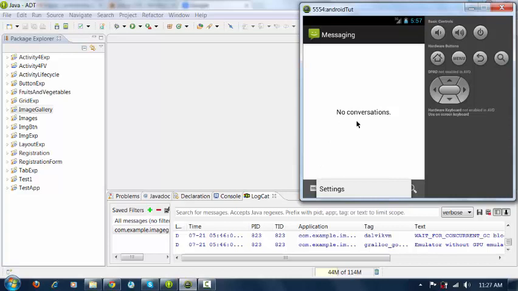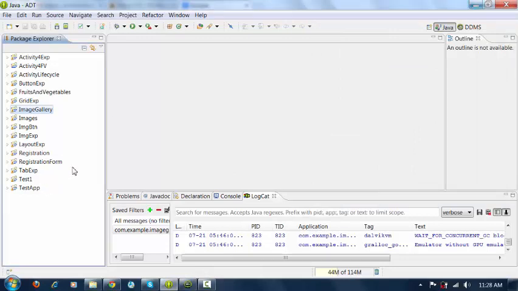Now let us see how to implement this type of action in an Android application, that is, how to give action to this menu button. It's an external button. And also let us see what you mean by menu inflater, what you mean by inflaters actually. So all those things I will discuss, and we will implement the menu today. Okay, so let us start the application first. I'll create one new application, then I will try to implement this menu functionality in our main application, that is image gallery.